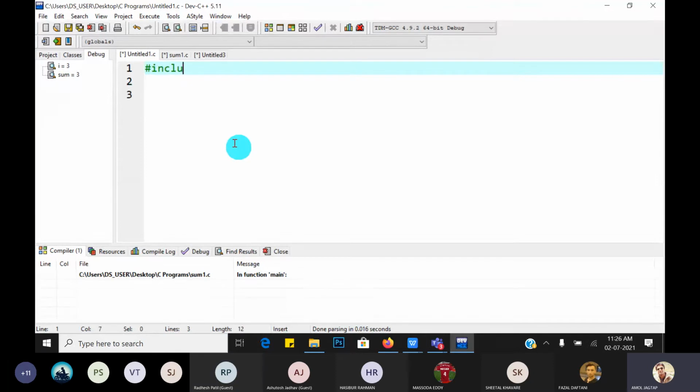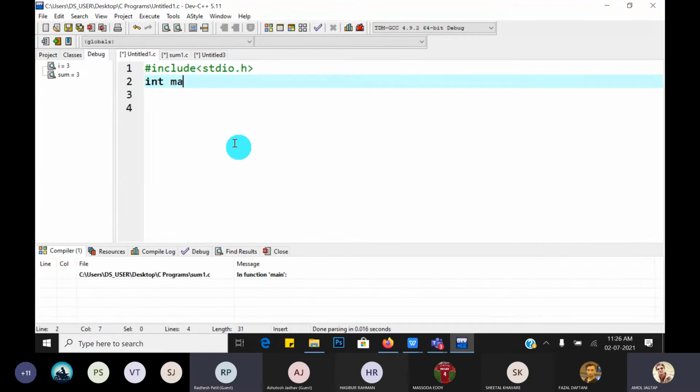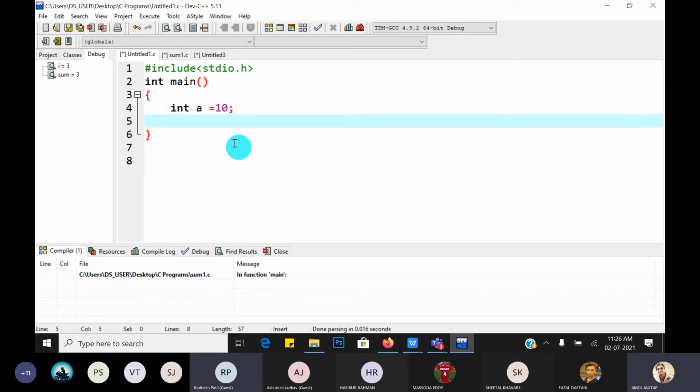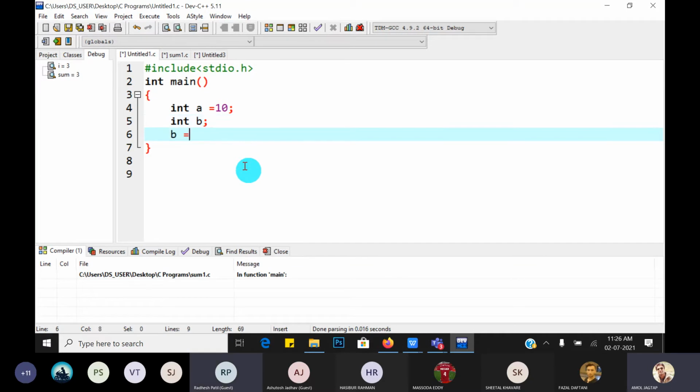Suppose #include stdio.h, int main, then the initial value int a is equal to 10. This is a decimal value. Now I will shift it into integer b. b is equal to a left shift by 1 bit.